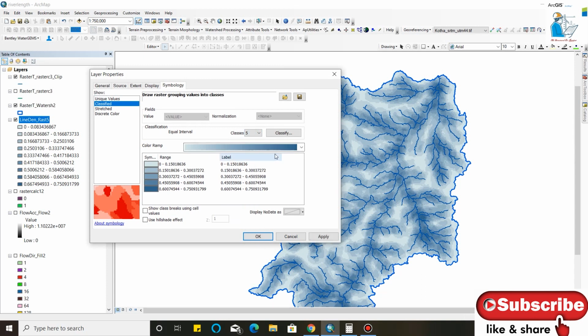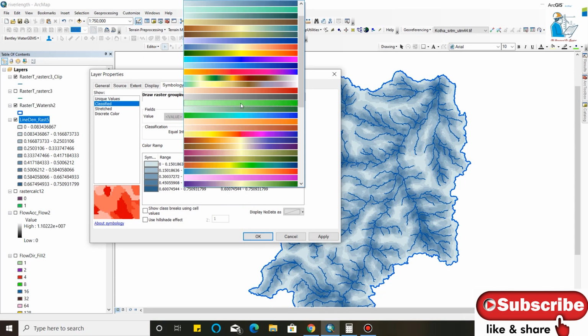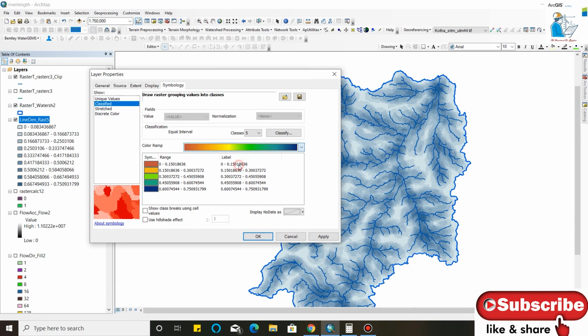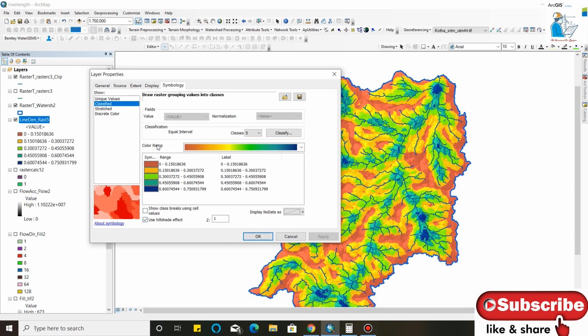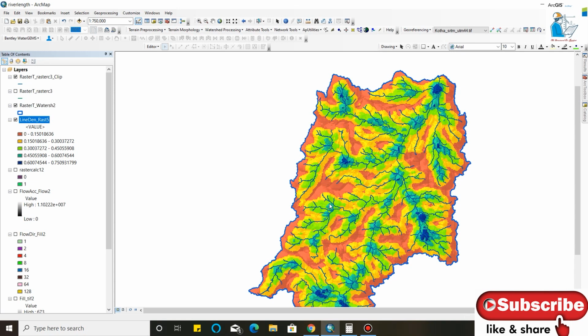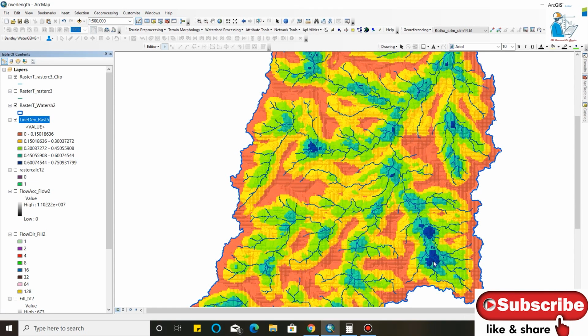Only we will take class 5 and select the proper color. We will select this color. Okay. We will use the hillshade effect also. We can also reduce the class. As you can see, your higher density is showing the deeper blue, and red, this color is showing the lower density.